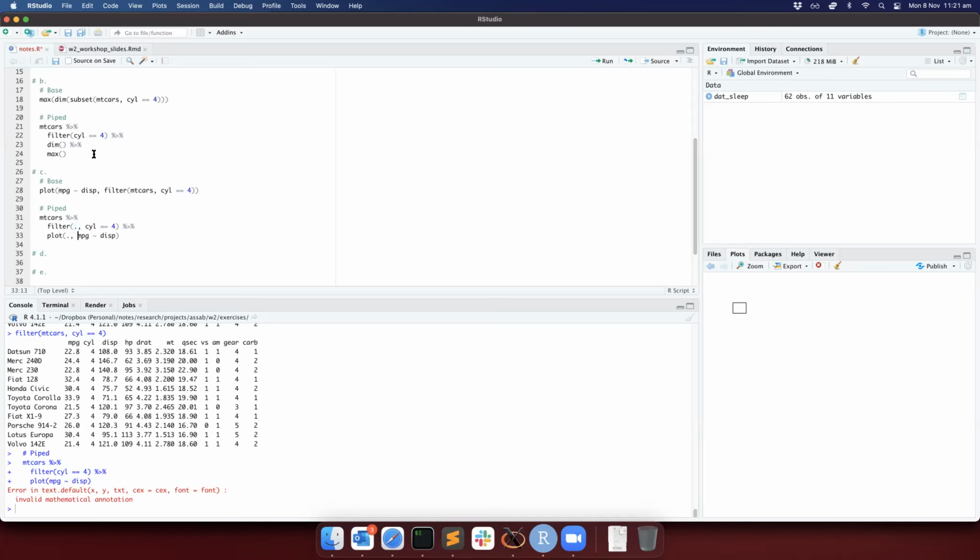And here it's the same: plot is assuming that the first argument is my data. But if the function isn't set up in that way, and we can actually have a look at plot,